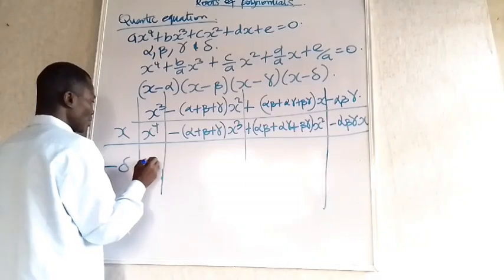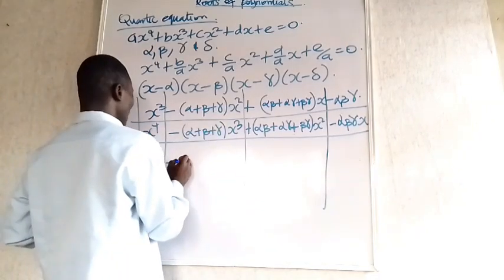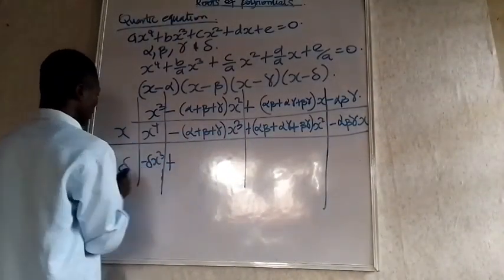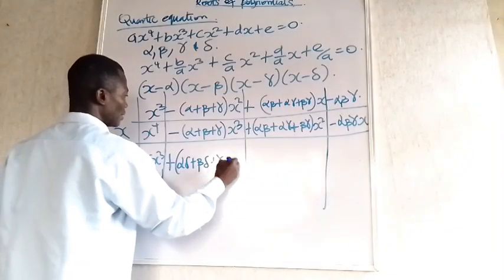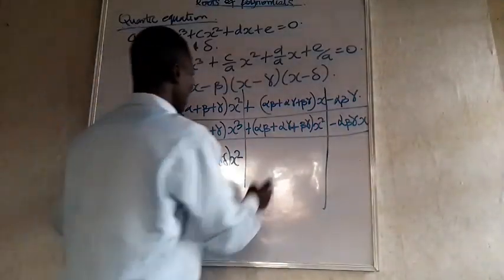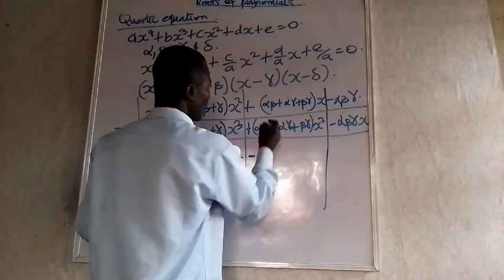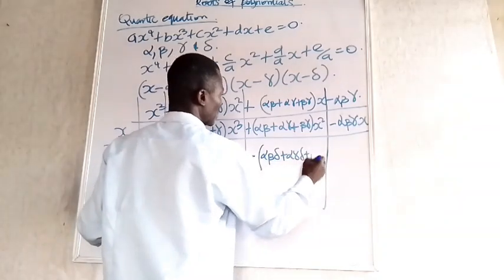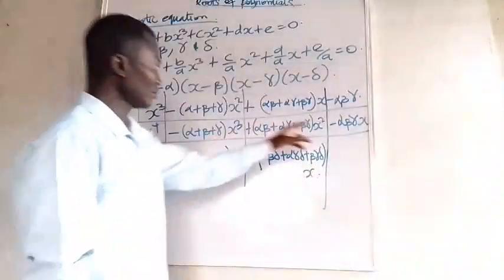Here we are going to have minus delta x cubed, minus delta, this one is going to be plus because of the minus sign, so we are going to have alpha delta plus beta delta plus gamma delta x squared. Here we are going to have minus, because of this minus sign, alpha beta delta plus alpha gamma delta plus beta gamma delta x, and then we are going to have plus